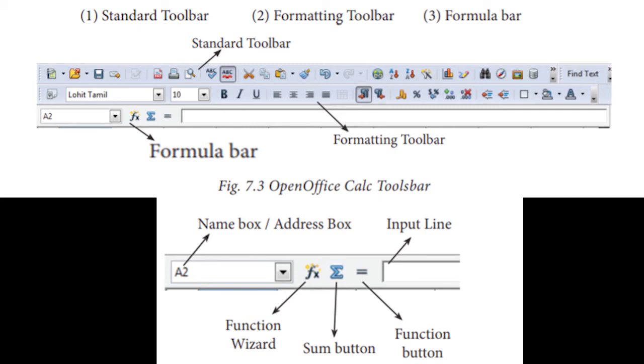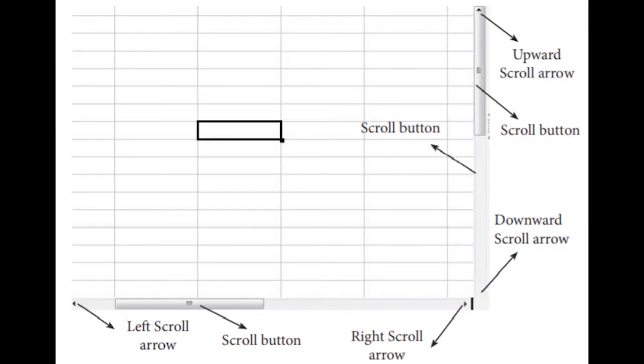Okay, and the next one is input line. Input line also will be here in this formula bar. Input line means this is used to show the contents of the current cell. Okay, what is typed in the cell will always be shown in this formula bar, right? Understood? When you click a cell, whatever is typed in will be shown, and if nothing is typed there, the address of the box will be displayed there in this formula bar, right? And the scroll bar, we know it already. We have vertical scroll and horizontal scroll.